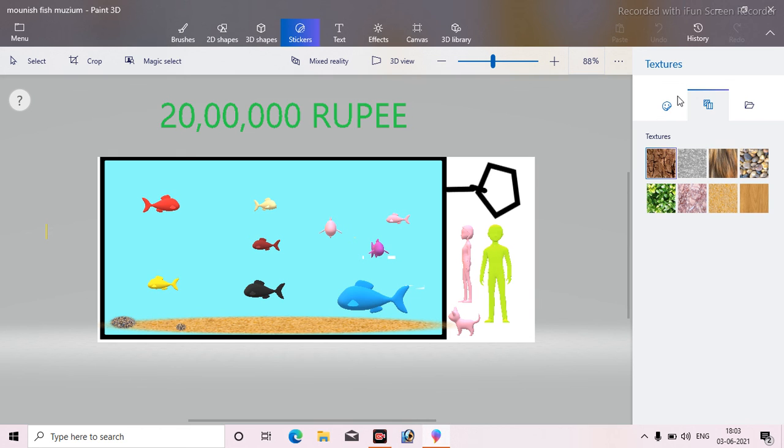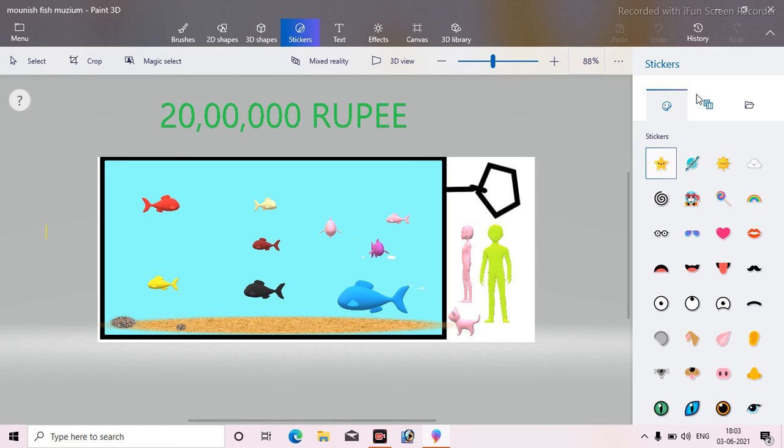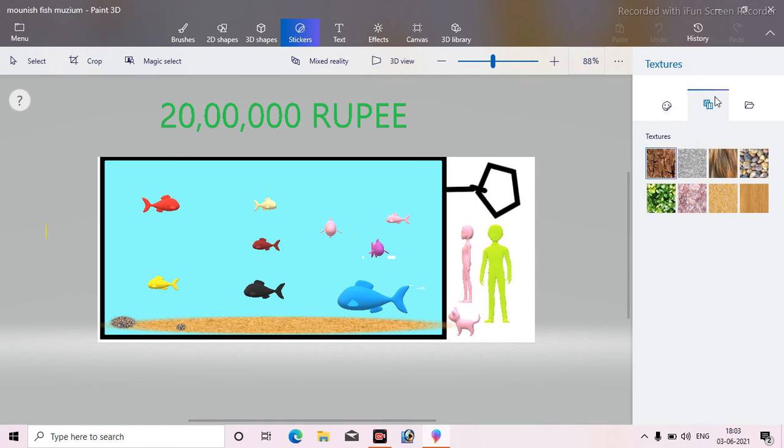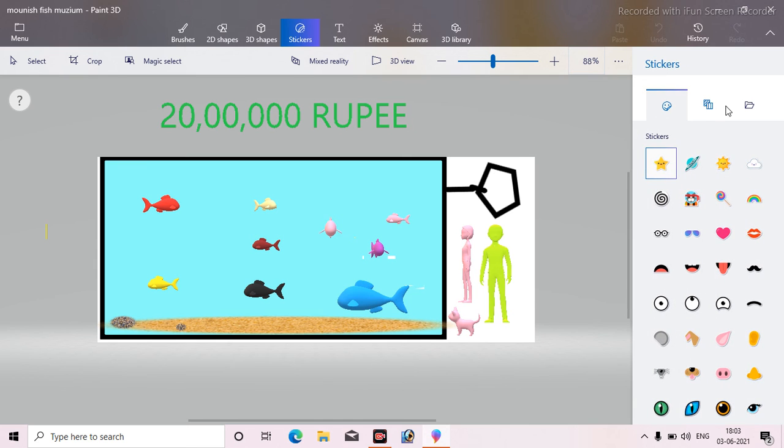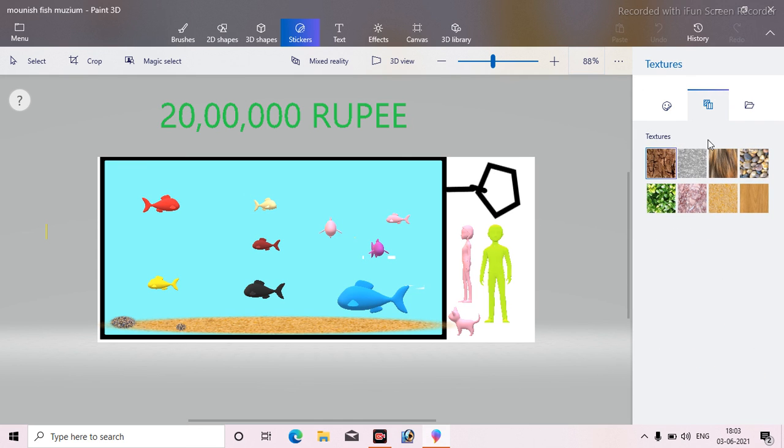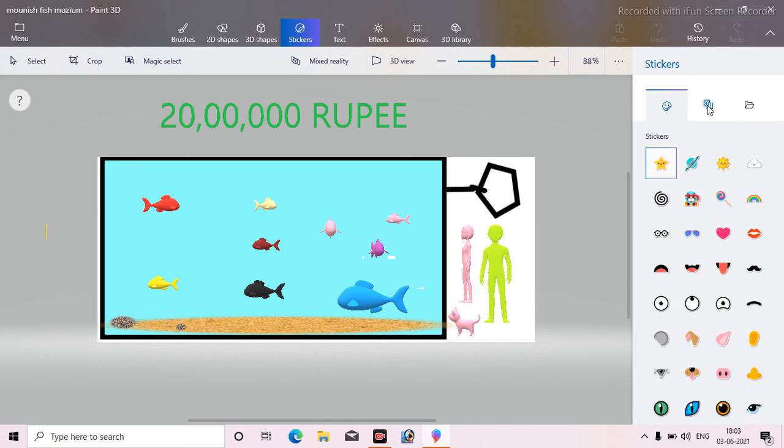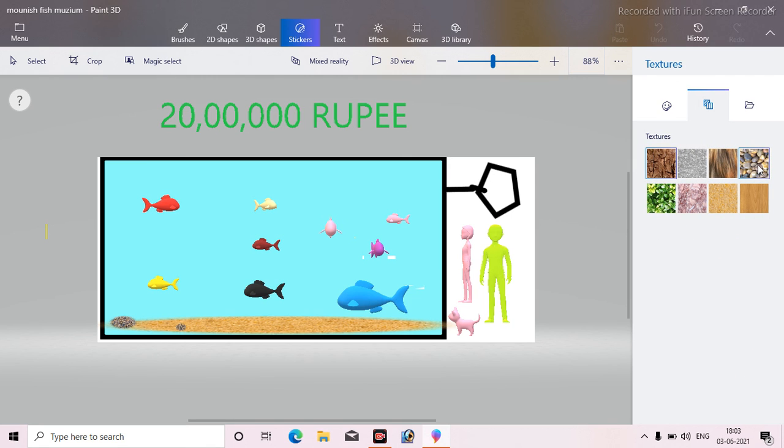In stickers you can take a lot of things like this smiley sort of thing, but I have used textures. In the sticker option there are textures and stickers also, but this texture I have used. I have used gravel and sand to make this.